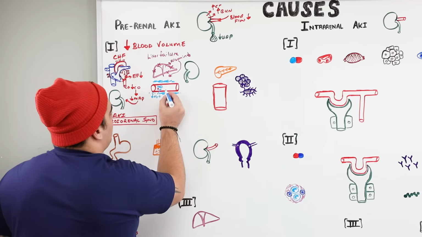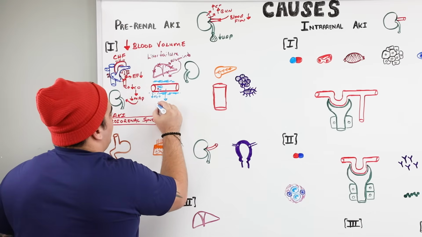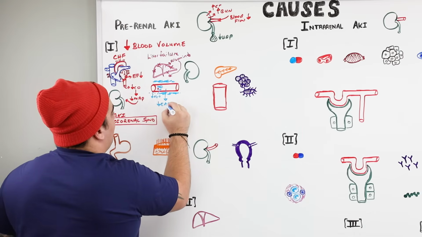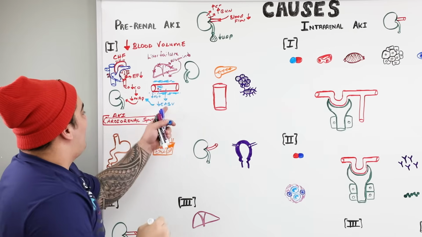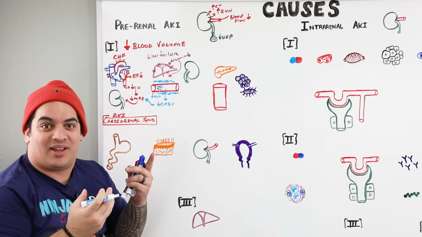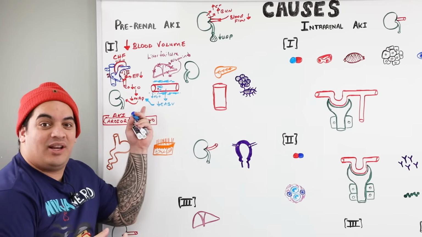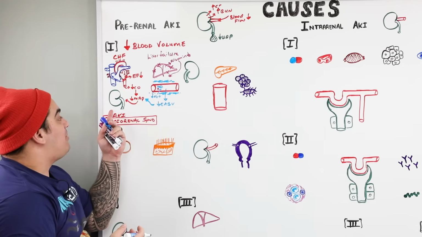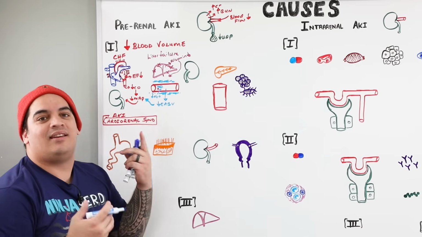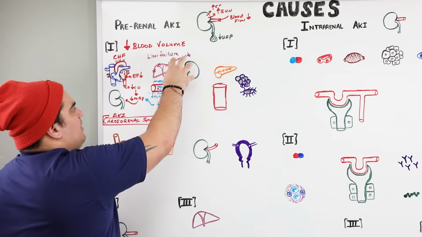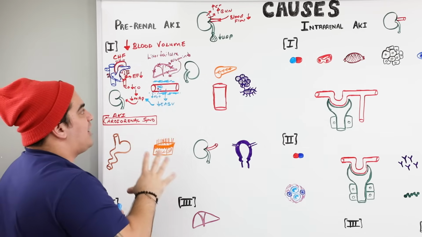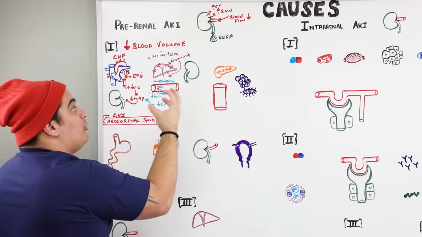Let's write that down. So what's the result out of this? This is resulting in a decreased effective arterial blood volume. And so as a result, you have less actual volume of blood within the vessel, and that lowers your mean arterial pressure. And that lowers the perfusion to the kidney, which can lead to an AKI. Okay, so whenever somebody has severe liver failure, this could actually be a cause, due to hypoalbuminemia.